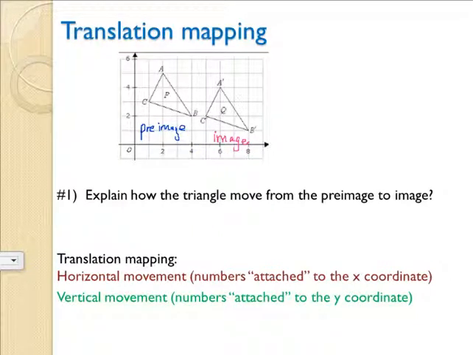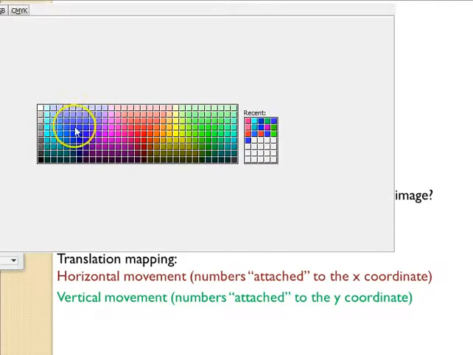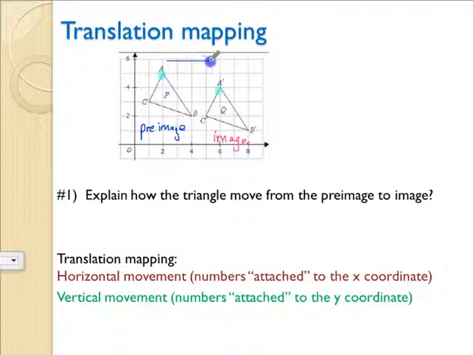So let's look at this object. Let's highlight point A here, and then point A with the apostrophe or the prime lets us know it's the image. So we know it's moving to the right. We know it's going from here to here because we identified which was the pre-image and which was the image. So how many units does this point move to the right? To get from our pre-image A to our image A, we're going 1, 2, 3, 4 units